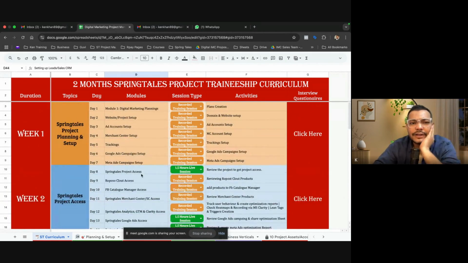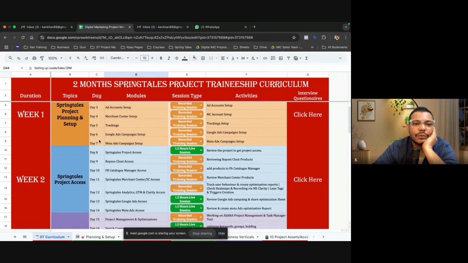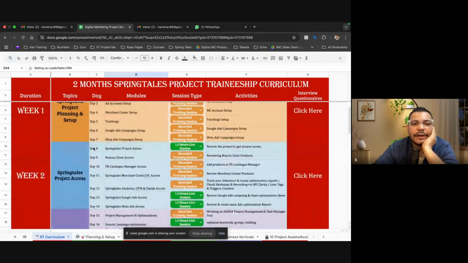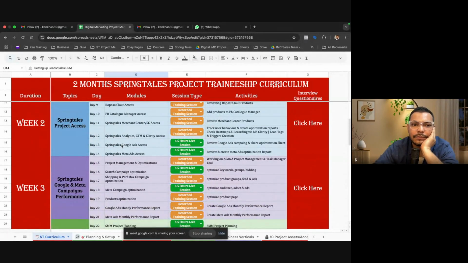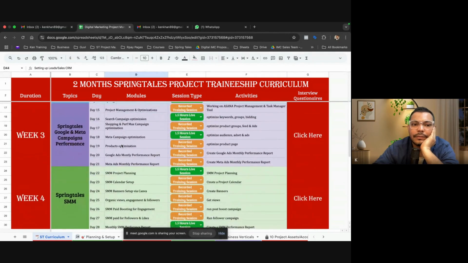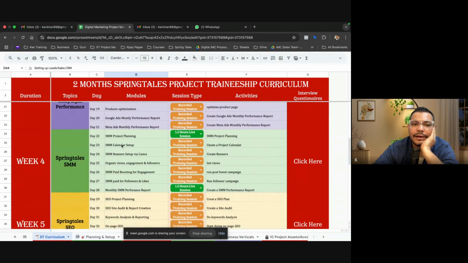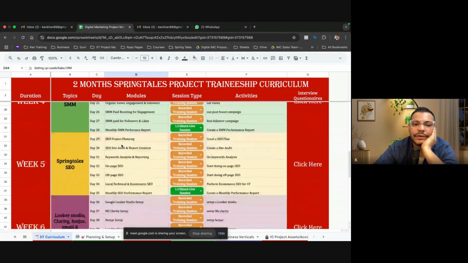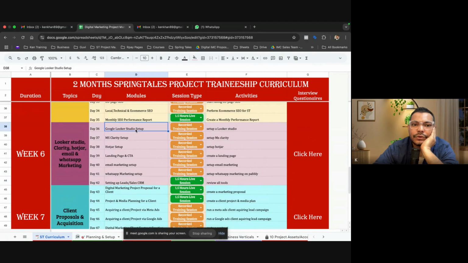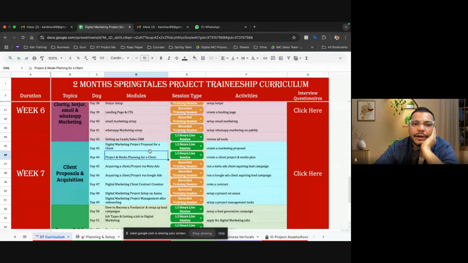So this is usually the entire journey of a digital marketer. They usually have to start with understanding the project planning, then account setup, campaign setup, then campaign performance. Then it could also be social media marketing, SEO, setting up Looker Studio, MS Clarity, Hotjar, landing page, email marketing, WhatsApp marketing, setting up CRM, as you said. Finally, it could be creating the proposal, creating the project and media planning for a client, then acquiring a client